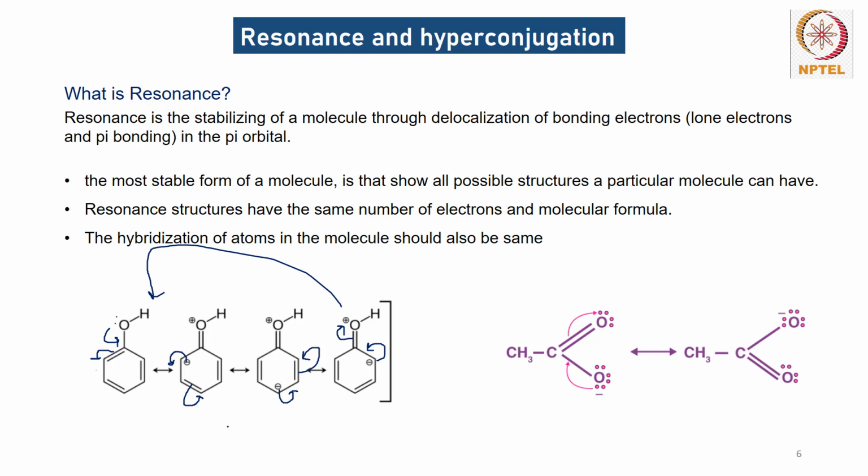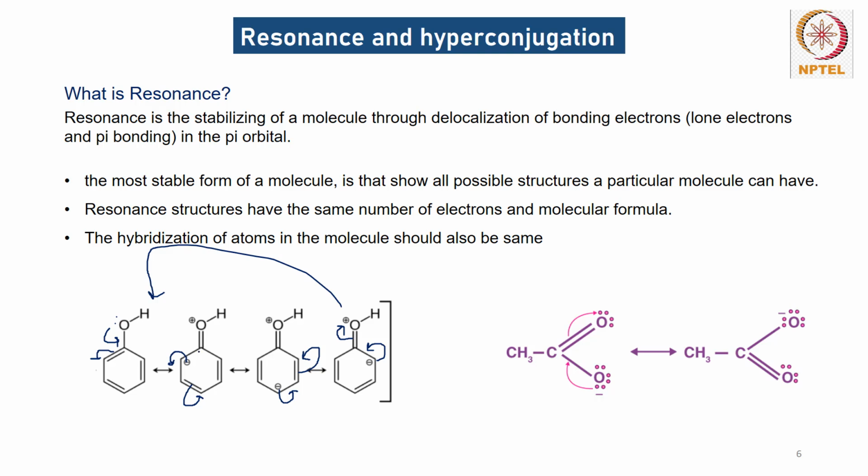Now among these four, which structure is... All these four structures should be such that they show all the possible structures of the molecule, and resonating structures have the same number of electrons and the same molecular formula. See, if you consider this one, how many pi electrons are there? There are 6 pi electrons in the ring, and if you consider the oxygen, then it is total